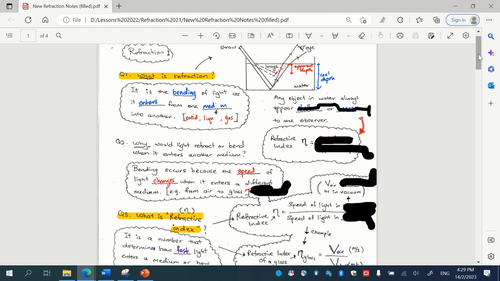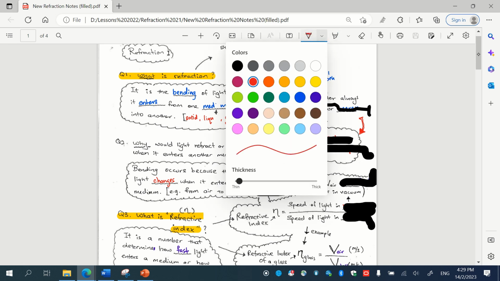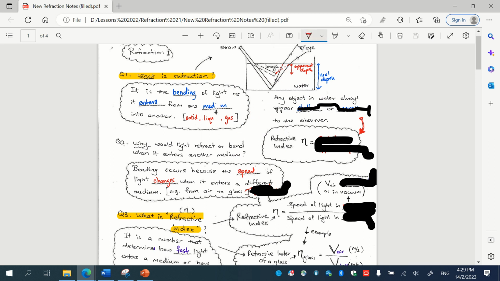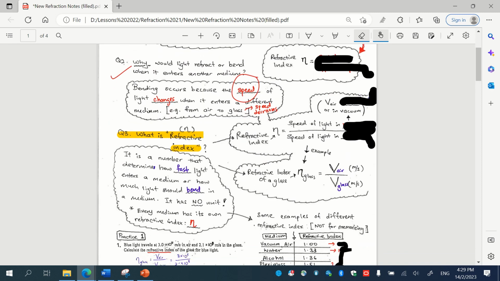Okay. So recall what you have learned from refraction. If you take out your refraction notes now, you will recall that we have already completed what is refraction, and why it happened because of the speed, right? Because of the speed changes, we have one formula that helps us to calculate the refractive index, right? The refractive index